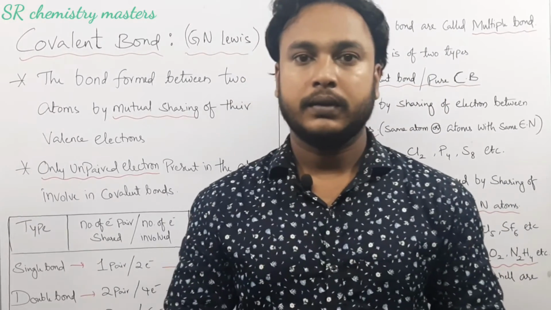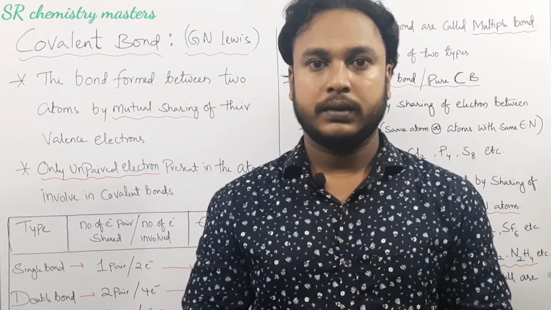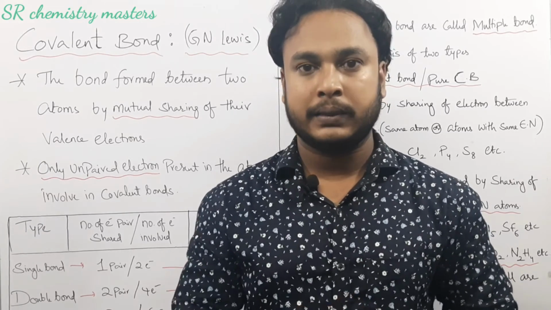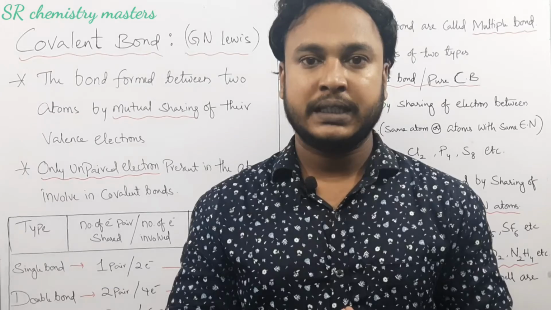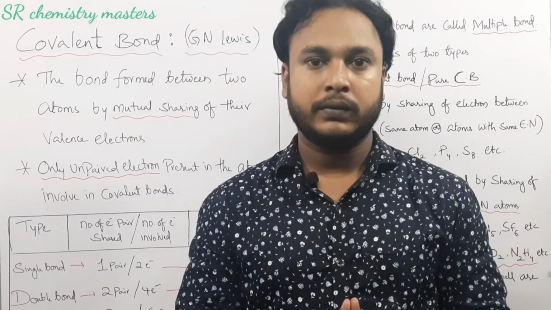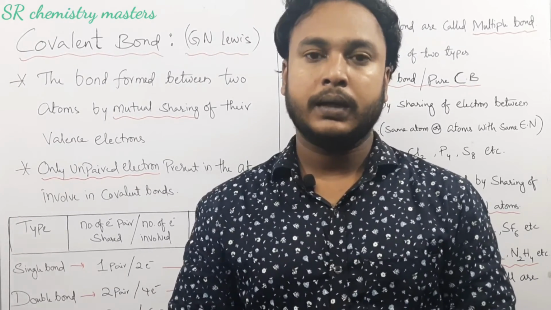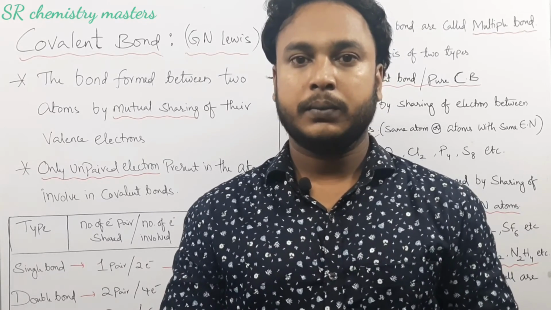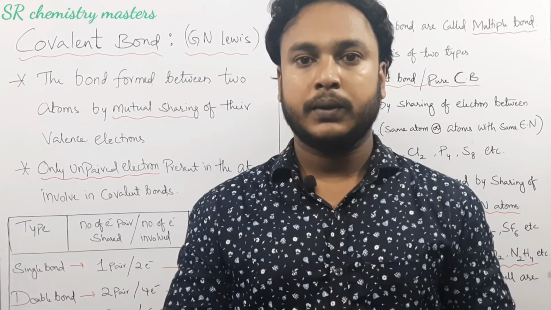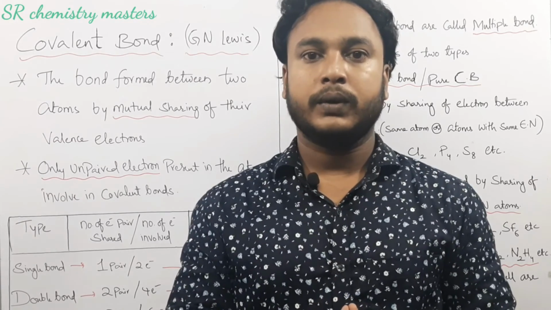This is covalent bond. Remember, covalent bond is formed between two atoms because of sharing of electrons. Here, each and every atom taking part in the bond formation will contribute an electron, and that electron pair will be shared between the atoms. The most important thing is that only unpaired electrons will take part in covalent bond formation. Covalent bond is of two types, polar and non-polar covalent bond. Non-polar covalent bond is seen in atoms of the same electronegativity values, whereas polar covalent bond is seen in atoms with different electronegativity values.